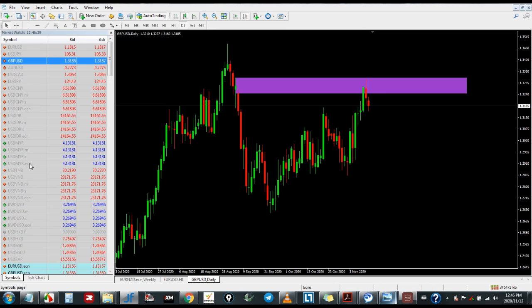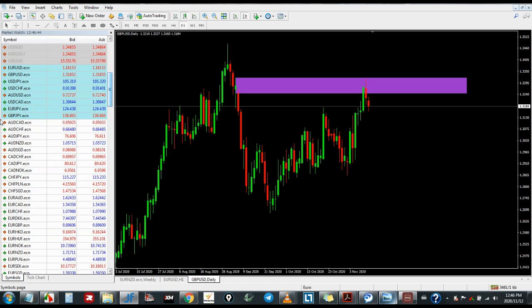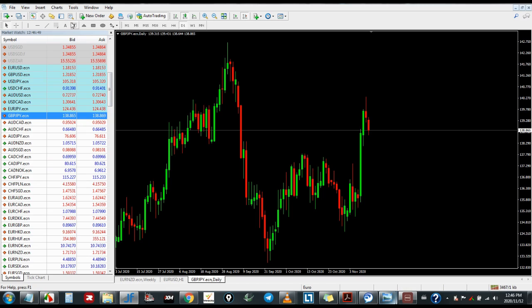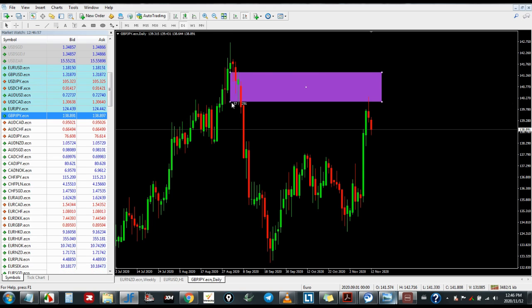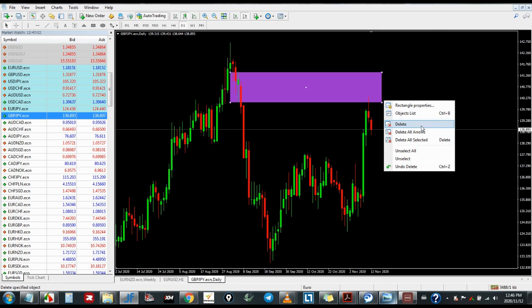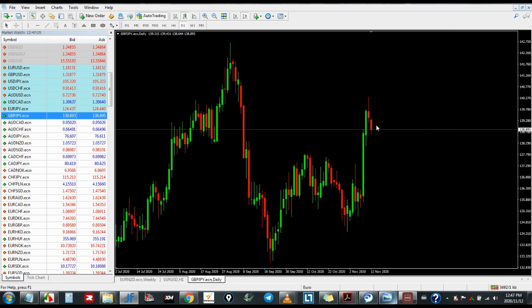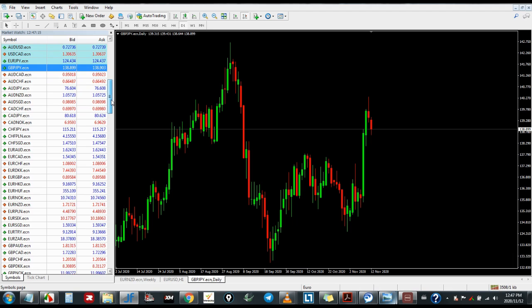Then let's look at another GBP pair. Let's go for GBPJPY. This one is definitely not at a supply. Is it? Yeah, definitely at a supply also. This one is screaming sell. But I won't go into details like the way you put your stop loss, what are all the other confluences and so on and so forth. I'm just trying to show you the importance of currency correlation. So let's look at two more GBP pairs.